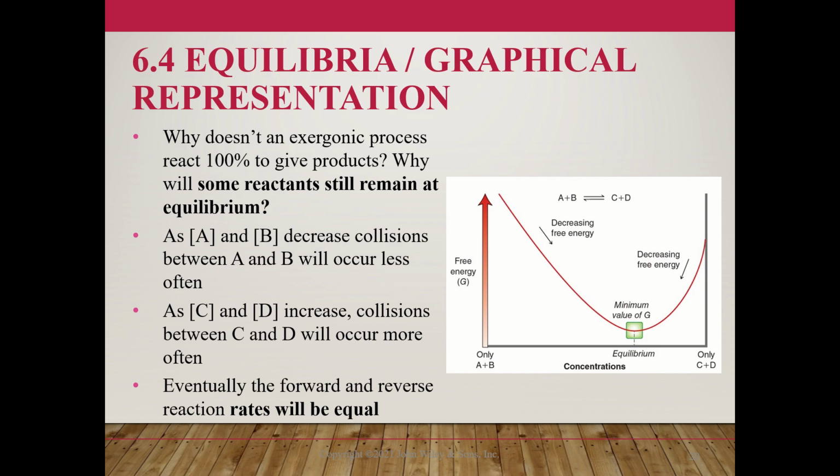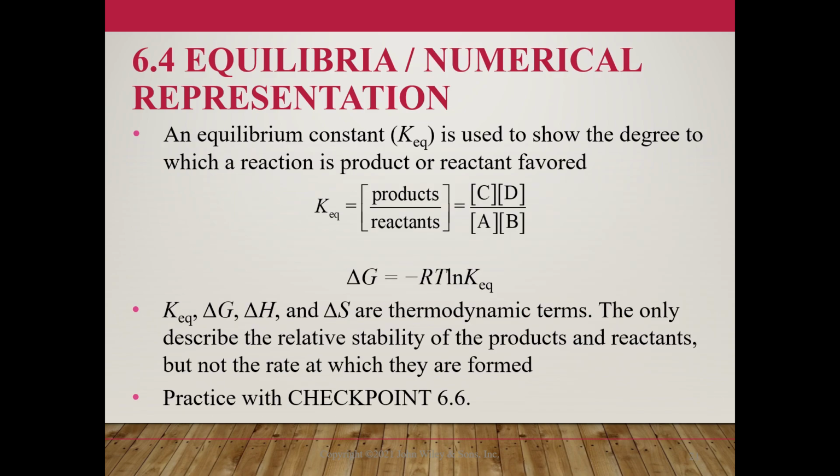Now, eventually the forward and reverse reactions will equal, and when you're at equilibrium, delta G equals 0. The equilibrium constant is another value from thermodynamics, also called the thermodynamic equilibrium constant, KEQ, and is used to show the degree to which a reaction is product or reactant favored. And it is simply taking the concentrations at equilibrium of all your products on top and all your reactants on